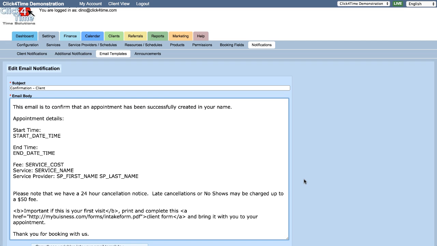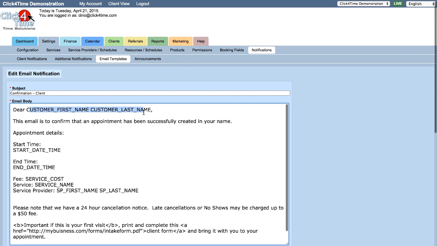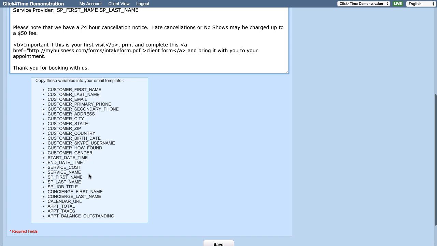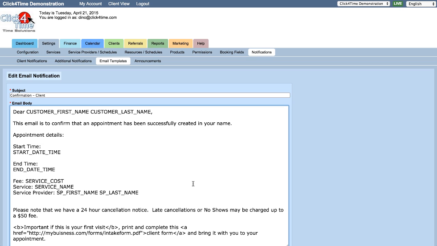You'll notice there's text in all capitals. These are the variables that pull the appropriate data from the database to be inserted into the email. If you want to add or remove any of the variables, be sure that they remain exactly as defined in the variables section below. If the variable is misspelled, the information will not be added to the email. Most of the variables are quite self-explanatory and relate directly to the information in each client's profile details, but there are a few that may not be as obvious. If you need more information about these, you can search email variables in the FAQs from the Help tab.